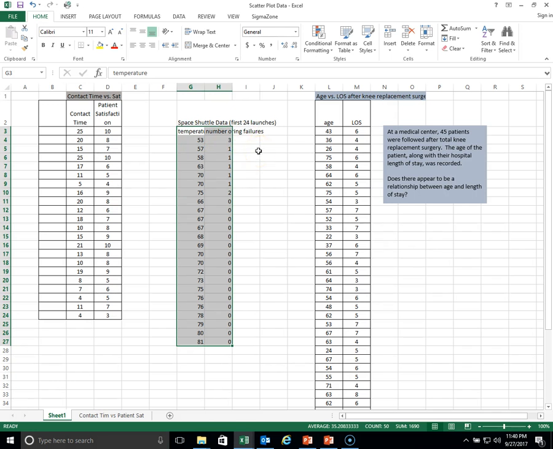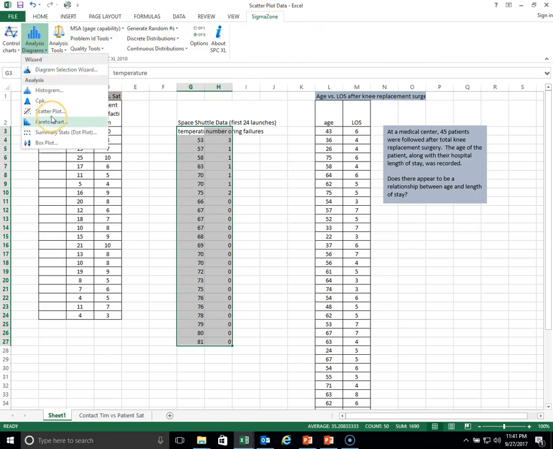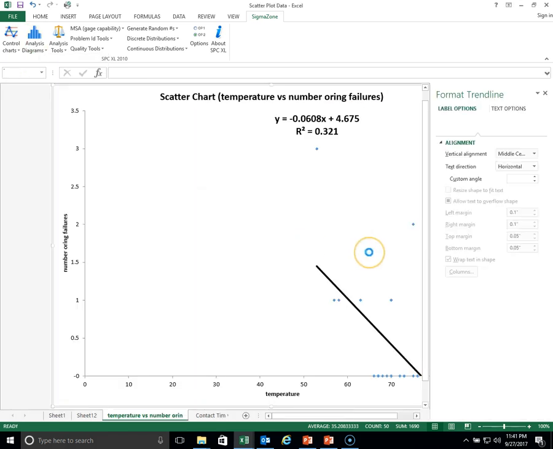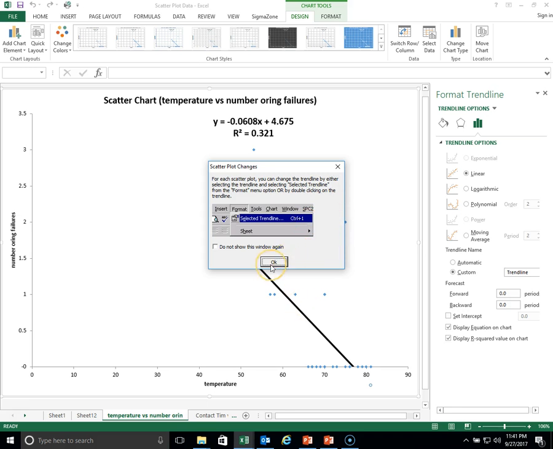That's what we'd like to investigate. Obviously, the 25th launch of the space shuttle was Challenger, and we had an accident, a disaster. So let's take a look at this temperature versus O-ring relationship. Let's go to analysis diagrams, bring the scatter plot up, click through, we've highlighted the data, and the graph